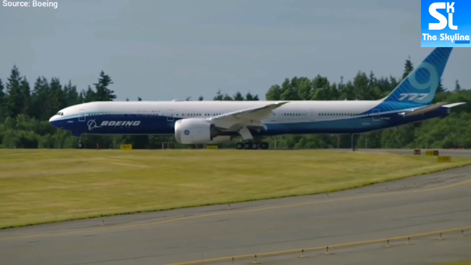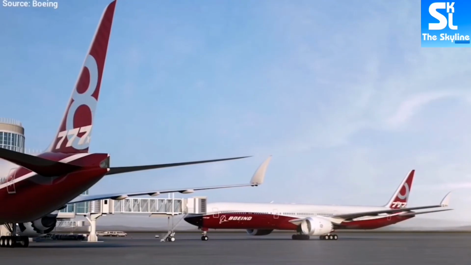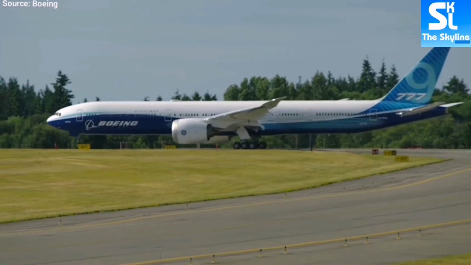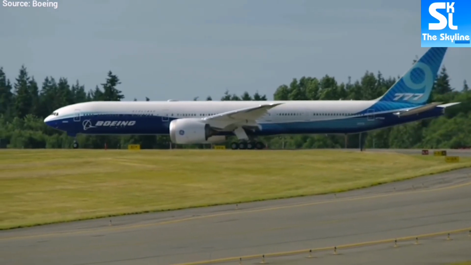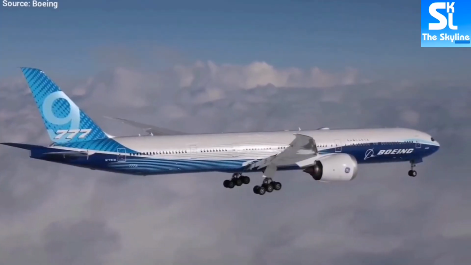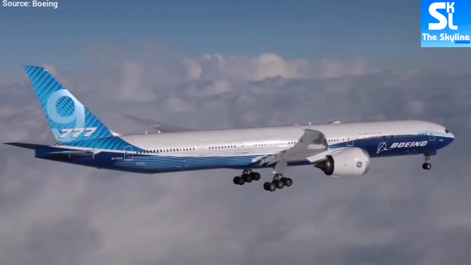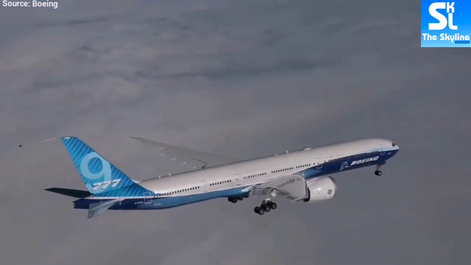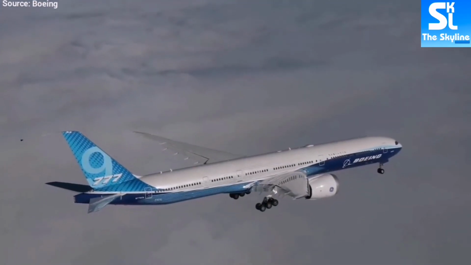The family is made up of three variants, which are the Dash 200, Dash 300, and the 777X. The 777X is made up of two variants, which are the Dash 9 and the Dash 8. The Dash 9 is the longest variant of the Boeing 777 family, while the Dash 200 is the shortest variant. However, we should note that the Boeing 777X is yet to enter service with airlines, and so far, Boeing has only built the larger Dash 9, and the Dash 8 may be launched later on in the future.